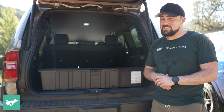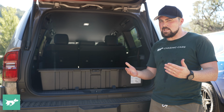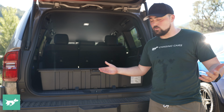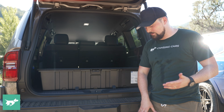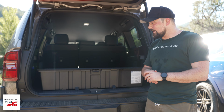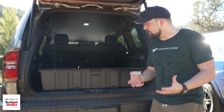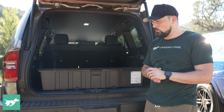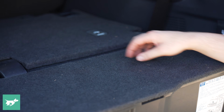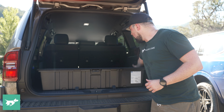So look, I think that's honestly really disappointing, and it gives us a bad result on a number of levels. For one, it's just a lot higher. I'm 6 foot tall, and this is almost chest height. The ground's a little bit uneven here, but even still, I think for a lot of buyers, that's going to be a difficult thing to try and get heavy items up and over to that level. Also, there's just so many little holes where things can fall down and get lost,